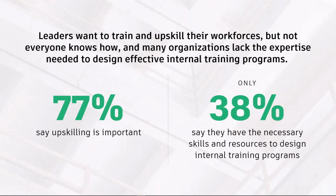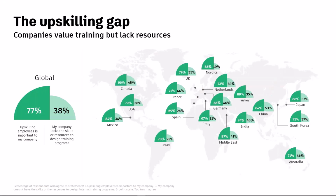Globally, 77% of companies said upskilling is important. But globally, only 38% said they had the resources to do it. That is a huge mismatch. And when we're looking across globally and we break that down, what you'll see here is that within North America, in Canada, 66% of companies that responded said upskilling was important, and 48% said they had the resources to do